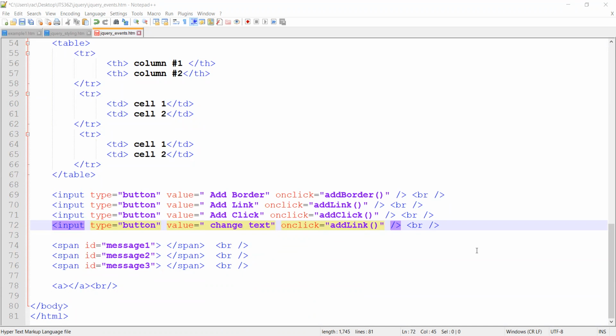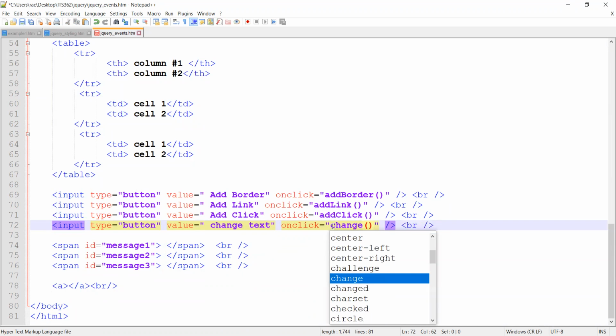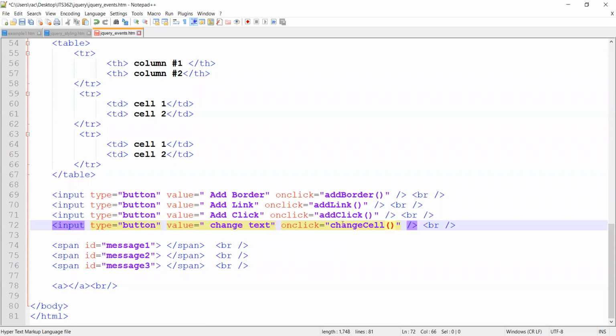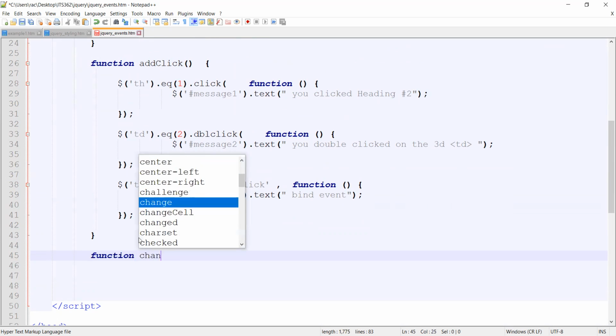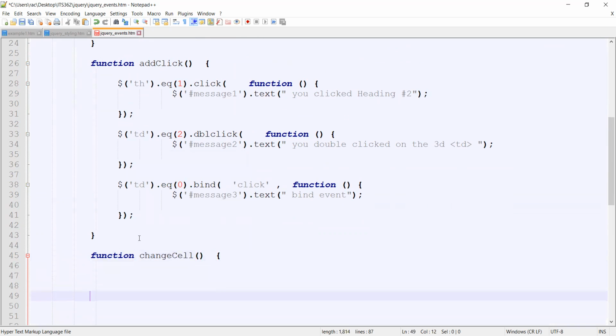So we're going to do a new function here, let's call it change cell. I'm going to go over here, function change cell, curly bracket,